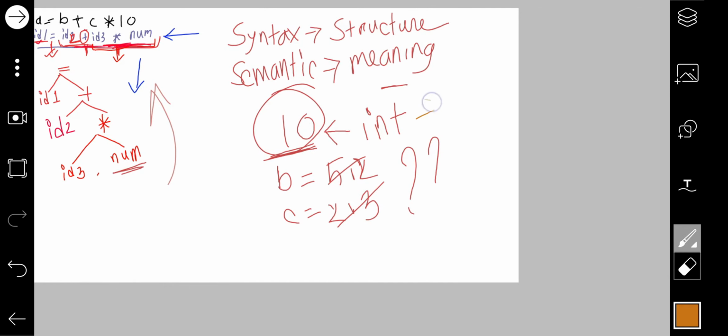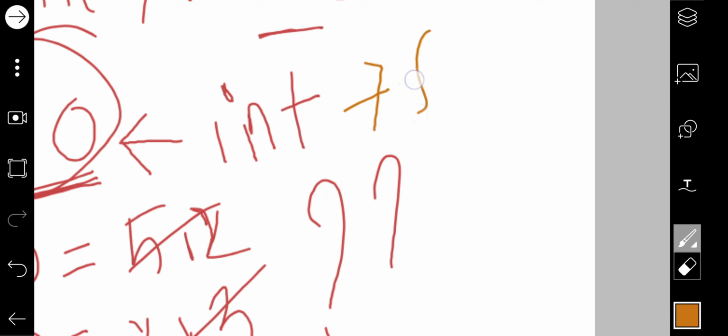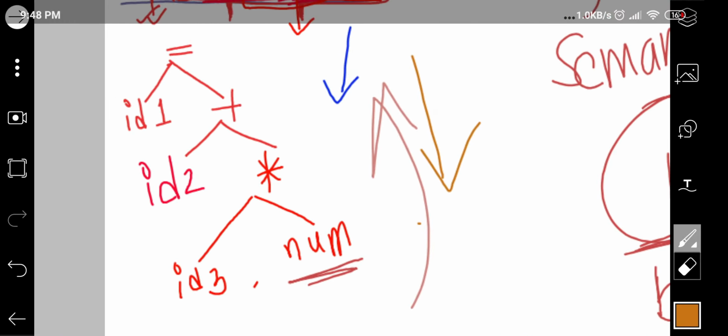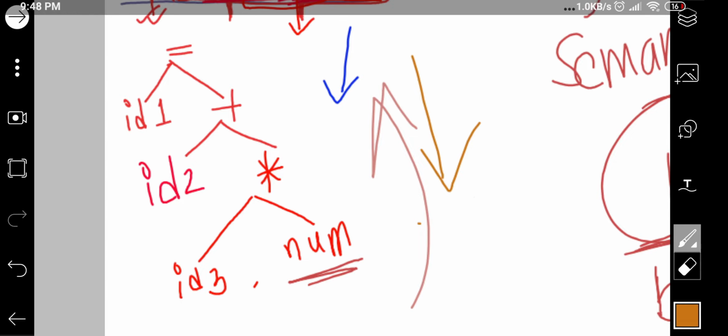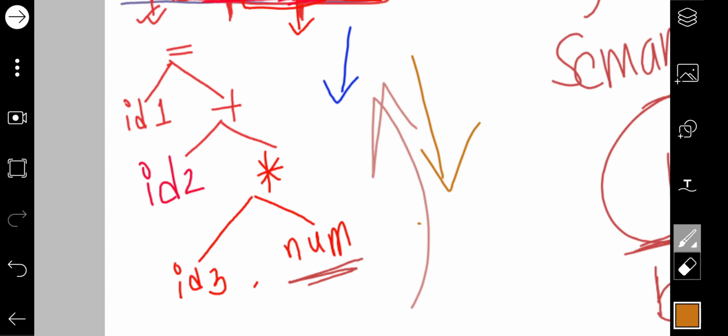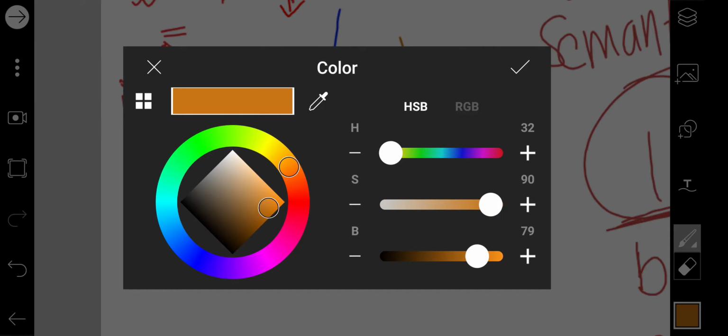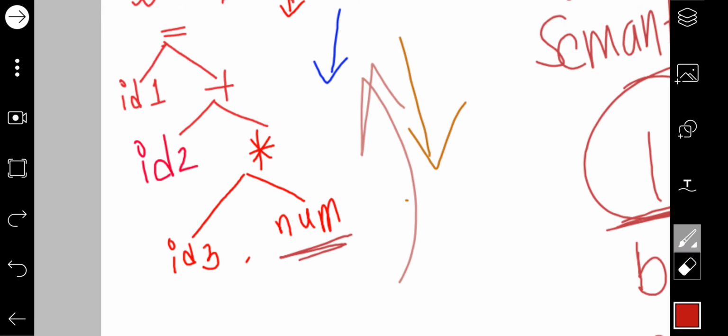So what happens here? We had the tree like earlier, and a similar tree will be drawn here. Equal has two children, id 1 and then the plus symbol. Plus has two children, multiply. I think I'm running out of space here.